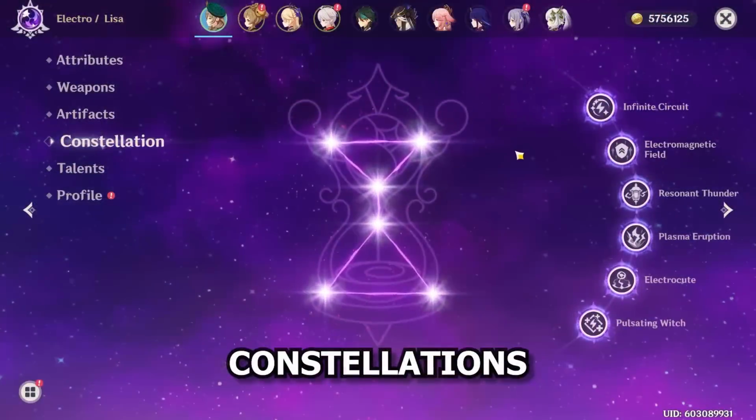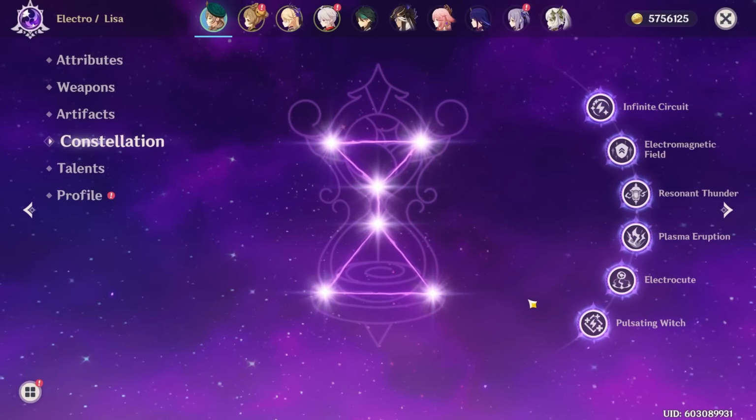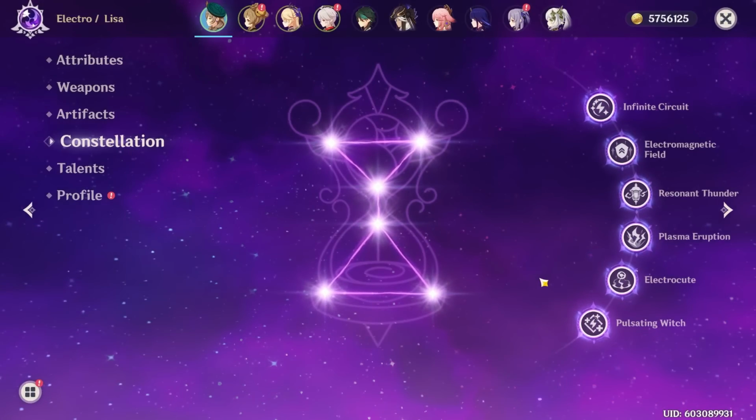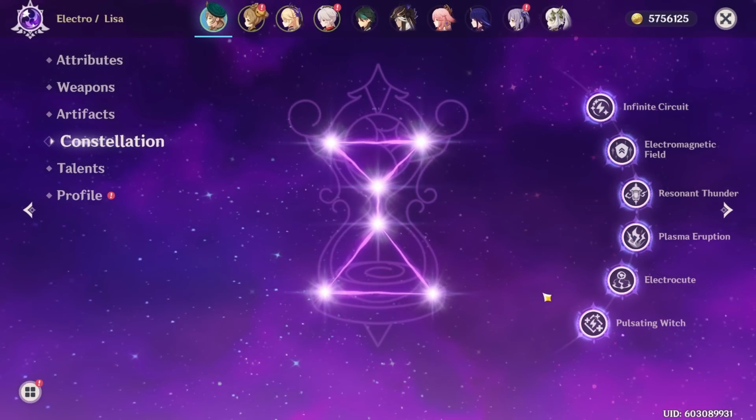Moving on, for Lisa's Constellations, since she's a standard banner character, keep in mind that these are a lot harder to get, as she won't appear on the rate up banners, which most people will be pulling for, but is available in the Star Glitter shop if you choose to get them. With that said, everything I say in this video is applicable to a C0 Lisa, who I believe is underrated,